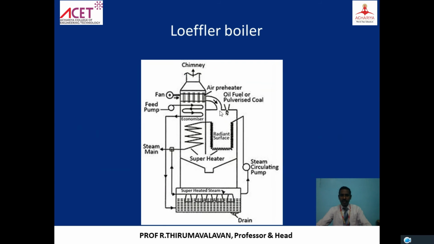So the next boiler we will see is the Loeffler boiler. What is the difference between Loeffler boilers and other types of boilers? It takes the advantages of both Benson boiler and Lemon boiler. In this Loeffler boiler, all the other components will be the same. All things will be the same. But what they are doing in this particular boiler is the combustion. Right? They are doing the combustion as usual with the others.